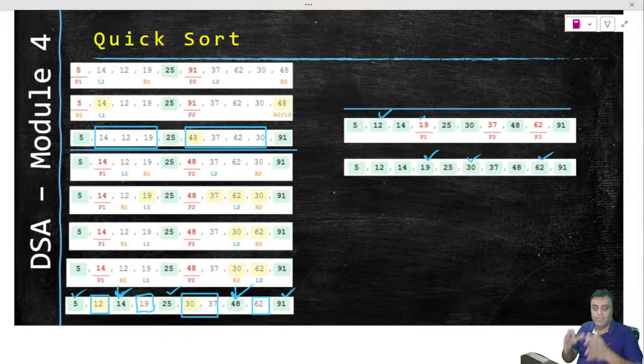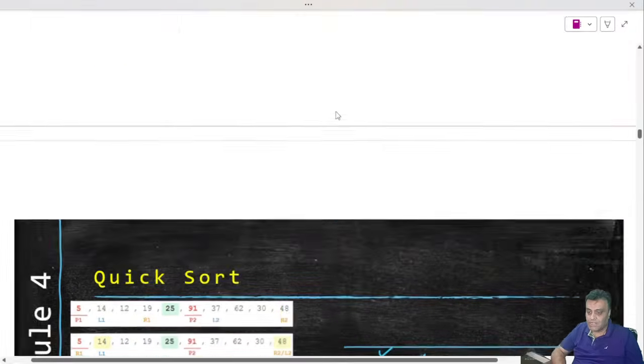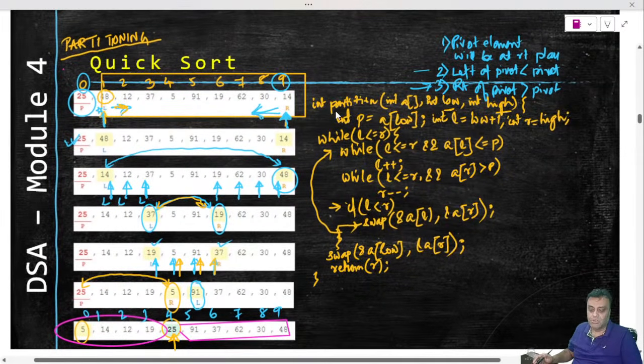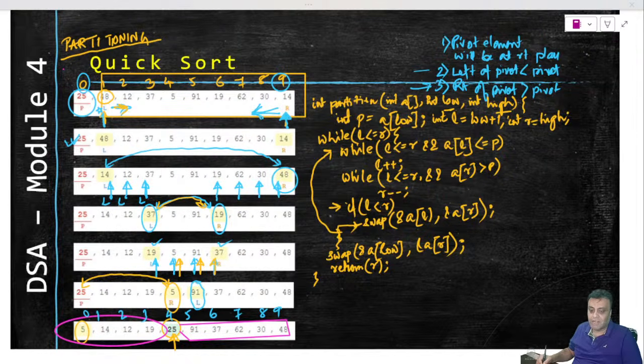So net, that is what by dividing and conquering, right, we are achieving what we wanted to do in smaller problems. Every small array we are sorting, or we are dividing, partitioning, and making sure that the left side of the partition is less, right side of the partition is more, and in that way the small solution when combined gives me the overall solution. So if you understand the overall solution, then how will this overall solution come into the code, right? Let us try to understand that part of the puzzle.